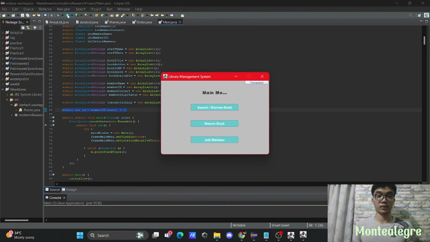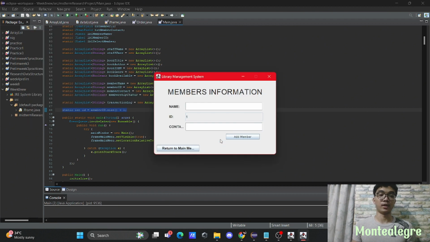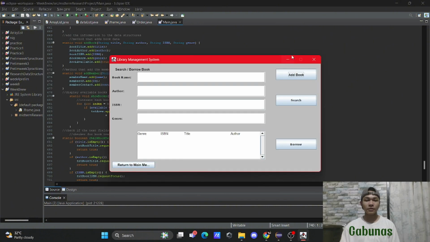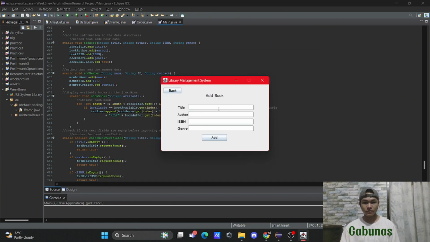After you run our management system, just press the add member. And here, you can see our members information, and you can add your own name and contact. That's all. When the add button is clicked, it checks if all required fields are filled. If not, it shows a message asking to fill in all fields. If all fields are filled,